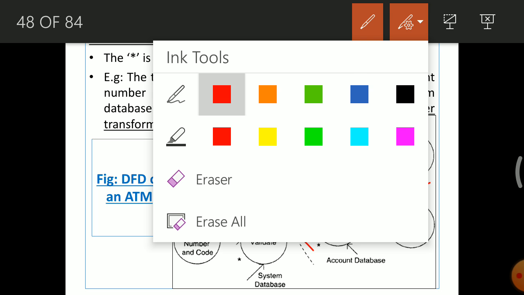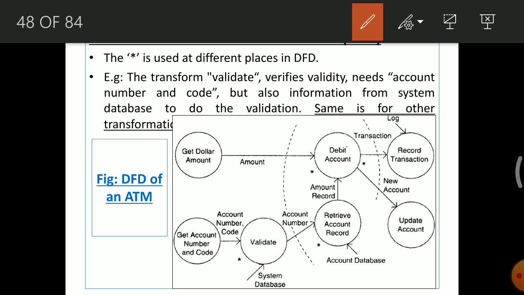We'll see what these MAI and MAO are in detail in the further slides. But here, please understand that for a given problem such as ATM, you have to draw such a DFD first.